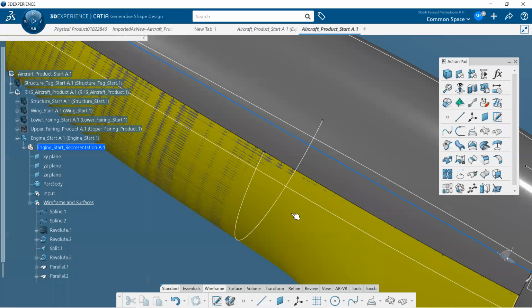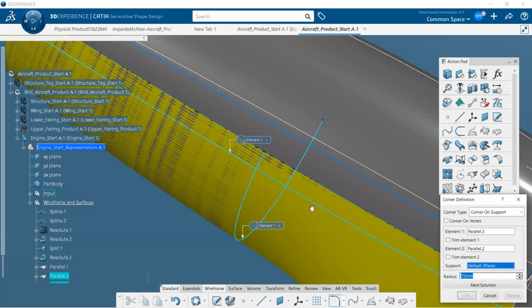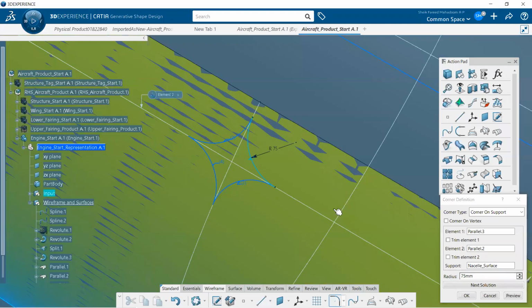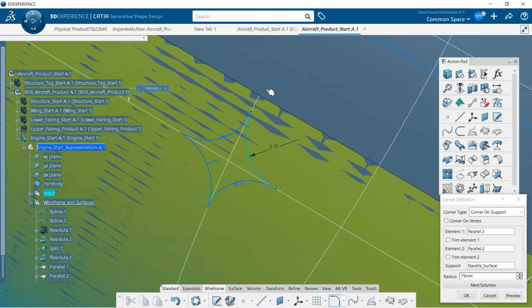Then the support will be the knuckle surface, and it will ask you for the solutions. We need the curve placed over here, so click on the next solution and click preview. Now you can see I just created a corner over here. Same way I have to create corners on all the others.